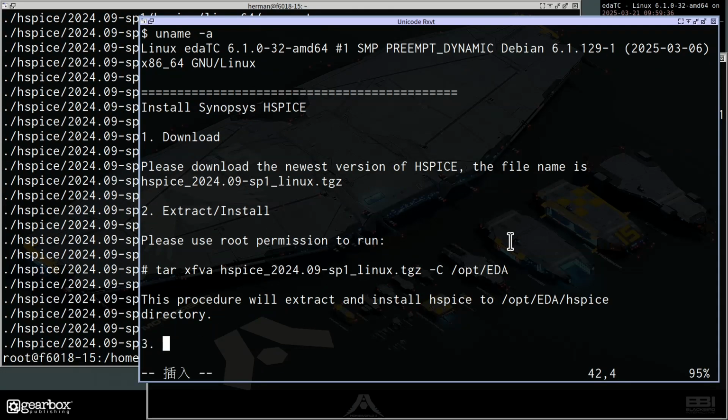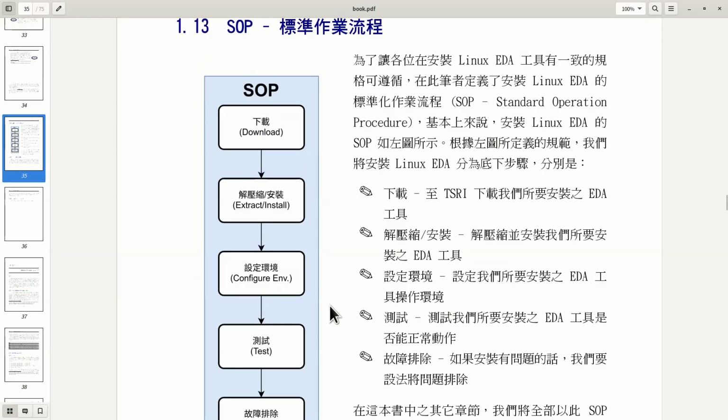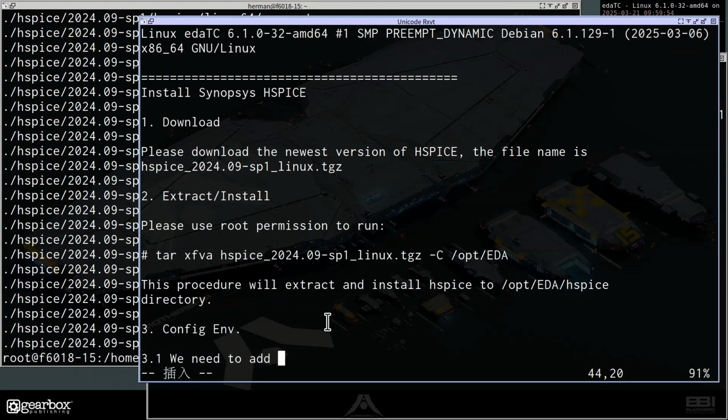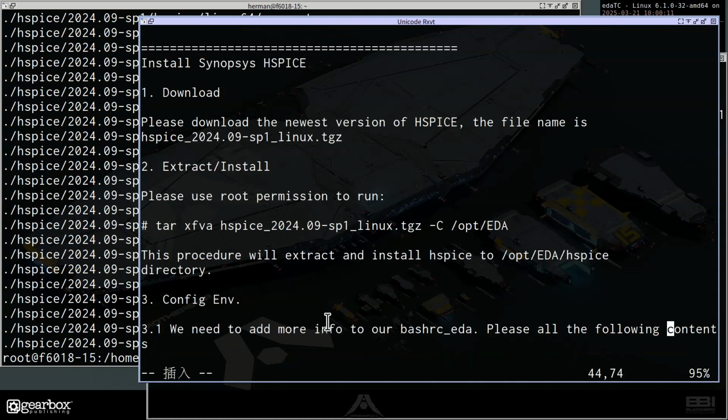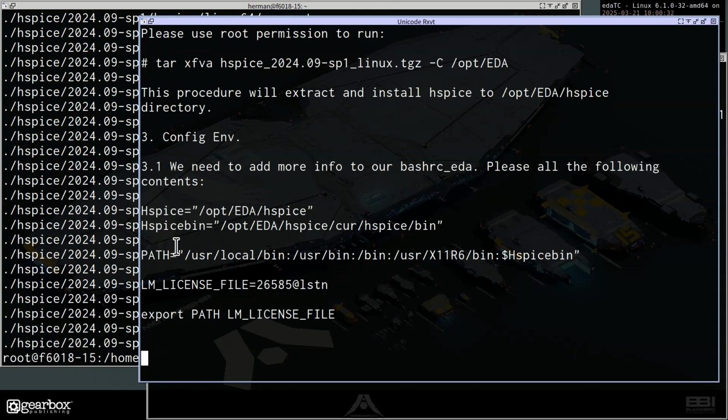The third step is to configure the environment, right? You need to create the path of this software and the license setting to port 26585 at LSTN.